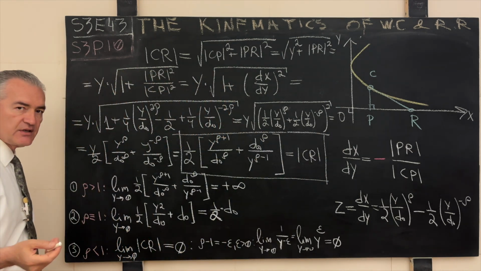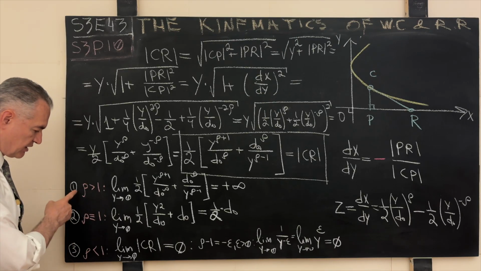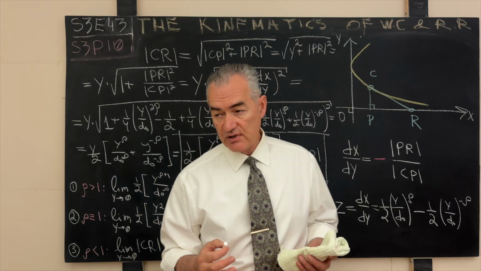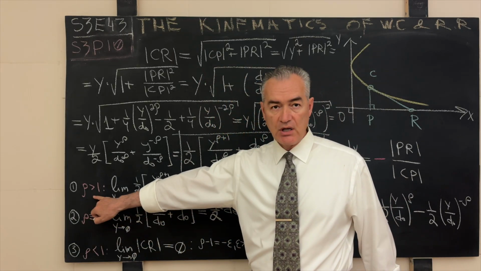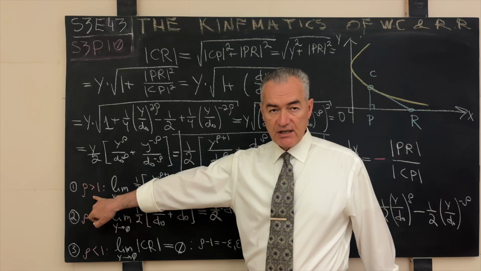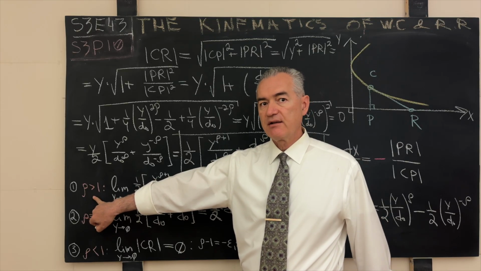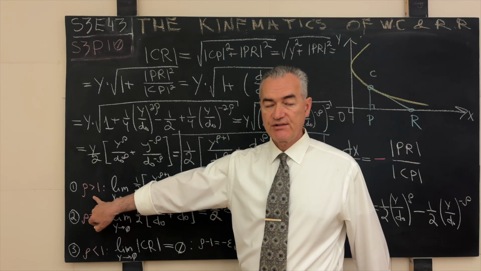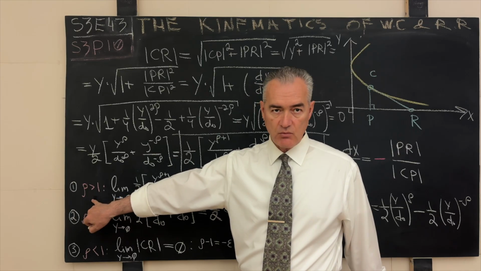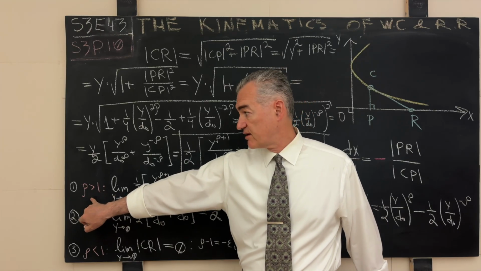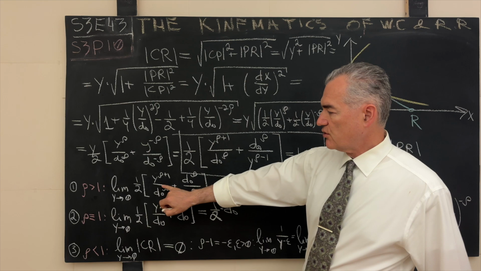And now you can analyze it and go to town in any which way. Here I wrote down for you 3 cases. In the first case, when the ratio of the velocities is strictly greater than 1, what does that mean? That means that the velocity of the runner is way more, let's say, than the velocity of the chaser. This is the usual case in the American cartoon. The Wile E. Coyote usually never can catch up with the runner, so the Road Runner runs faster than the Wile E. Coyote.